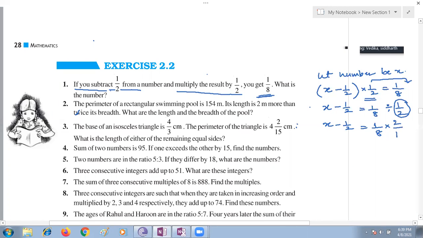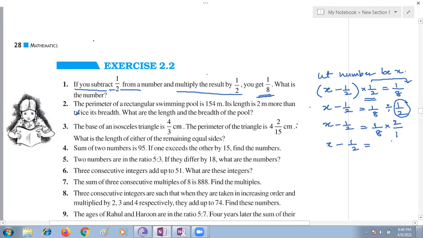Ma'am, I have a doubt. Can't we multiply x into 1 by 2 and minus 1 by 2 into 1 by 2? If you multiply, you need to simplify again, and it takes a long process. But you can do it like that also. See which is easy for you. I will do that part also. Don't worry, you will get the same answer either way. X minus 1 by 2 is equal to what is here, children? The numerators are 2 divided by.